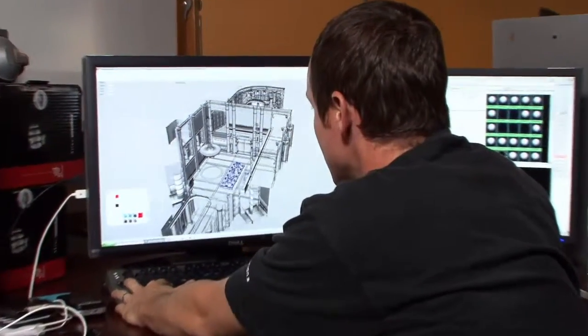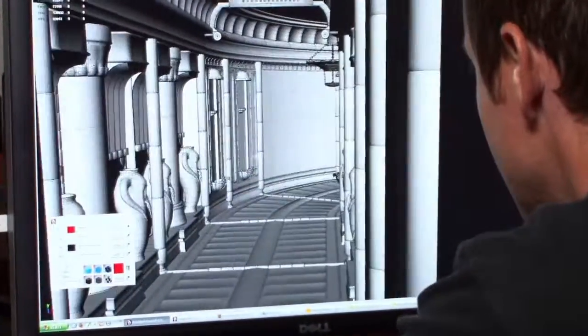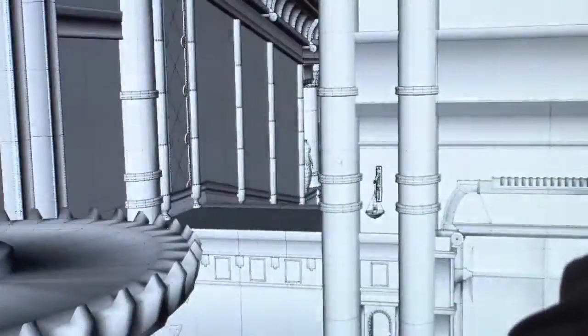This is one of the Hades levels. You can see right here, it consists of a large room and then a series of halls with little torch things in there. This is pre-lit, this is just the polygons. In this game, we are